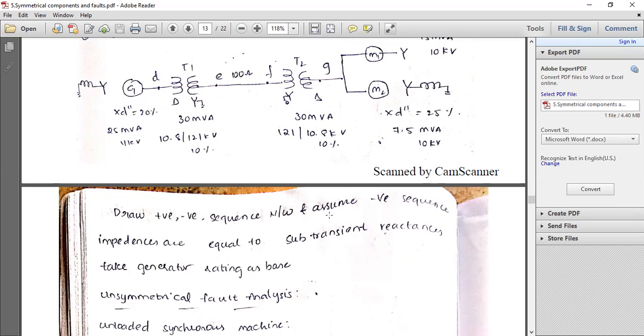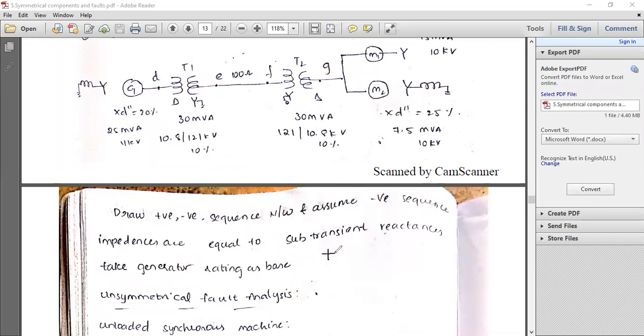Chapter number 1. I will explain here. Just wait a moment. Suppose this is the question, I will give you the hint. If we are asked to draw the equivalent circuit for this whole positive sequence, first